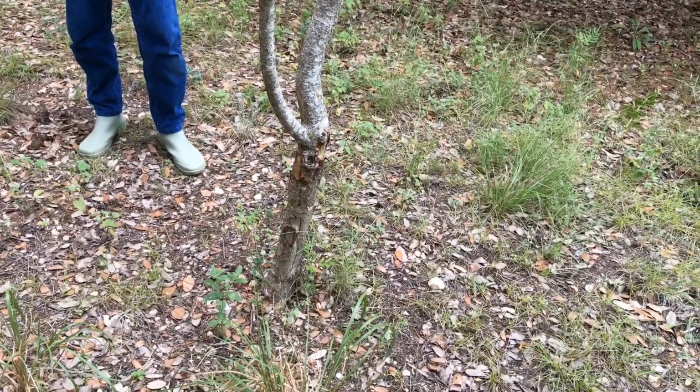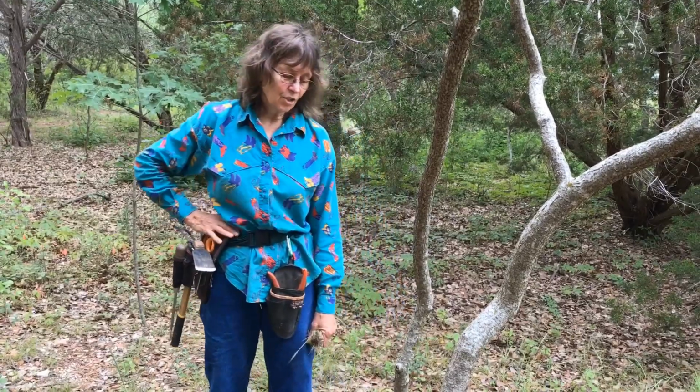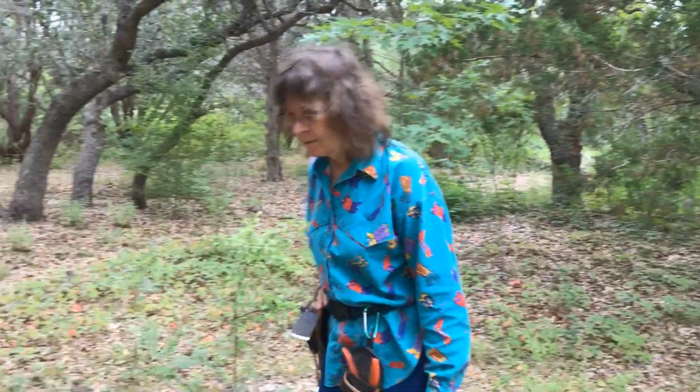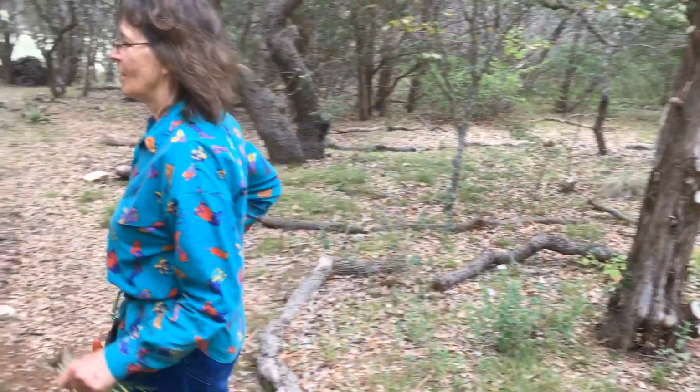So what I've done in the past is I can do a chicken wire collar around it to discourage it. And I should. Look at that. Wow. Well, things happen when you live in the country. Okay, so this is